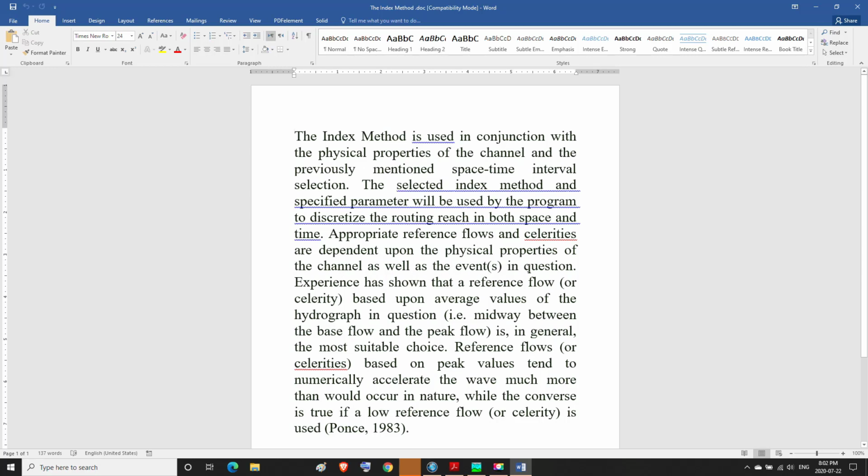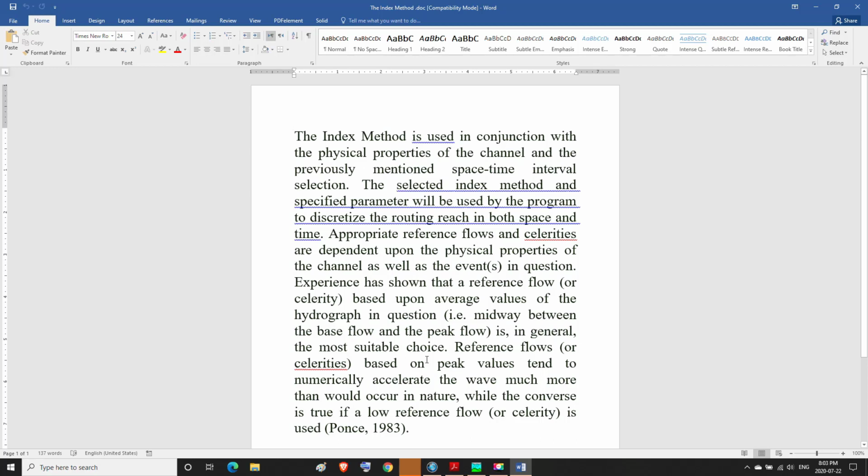Experience has shown that the reference flow or celerity based upon average value of the hydrograph, i.e. midway between the base flow and the peak flow, is in general the most suitable choice.